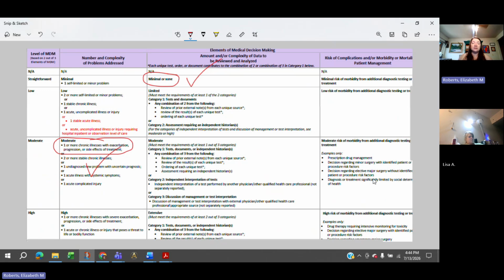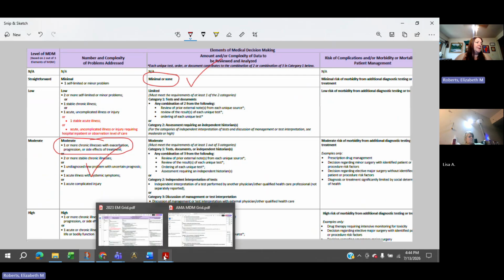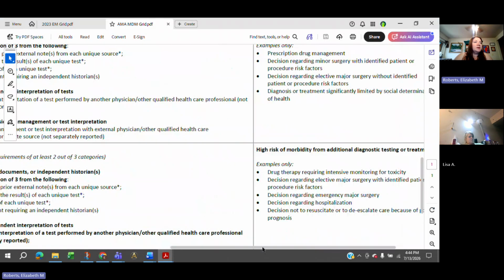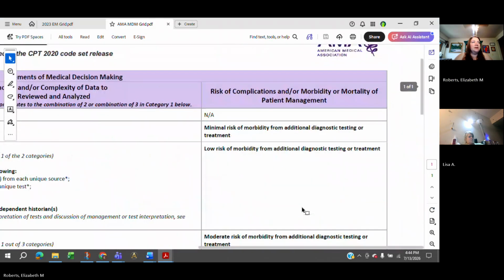What level of risk are we looking at here for this breast cancer patient? So I'm going to go here. Okay, so last column, risk of complications and/or morbidity or mortality of patient management. This is what I like to say: if the patient were to go home today without being treated, how risky is this condition to this patient?